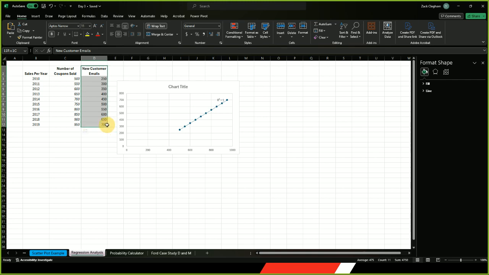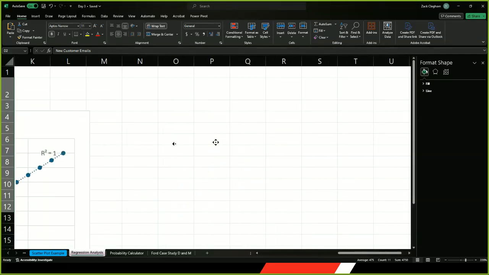Now, we could relate this back to Toys R Us if you wanted. However, this was just kind of bit as a one-off scenario. In this, we want to see how the number of coupons we gave, did it have a strong relationship with new customers? Well, as you can see,